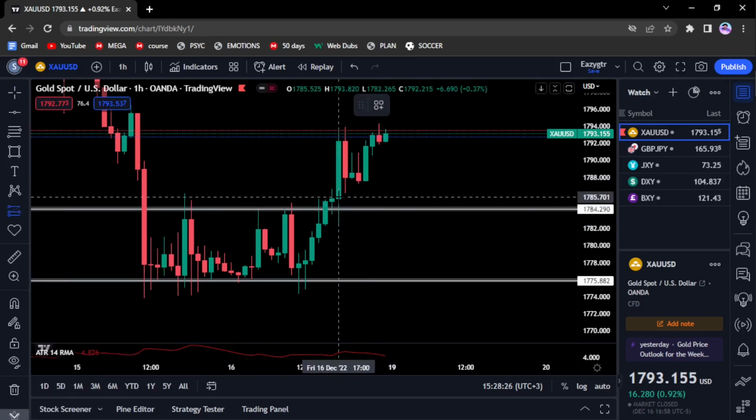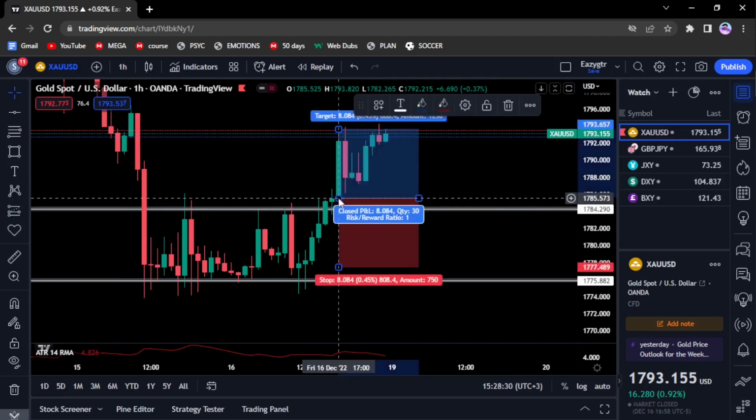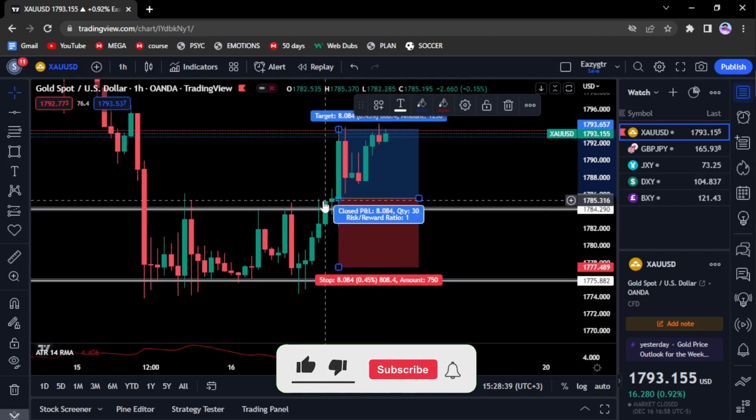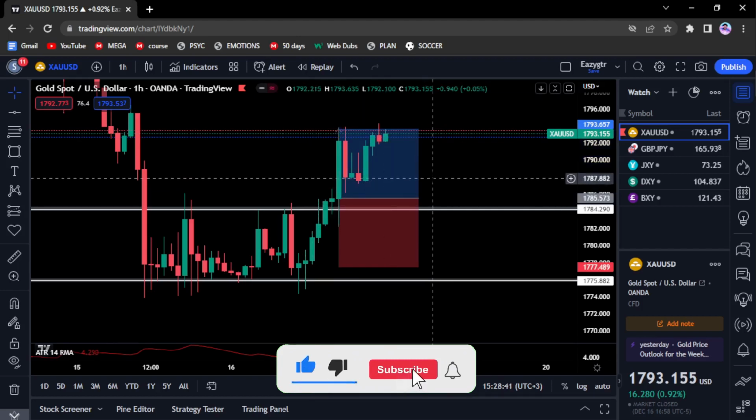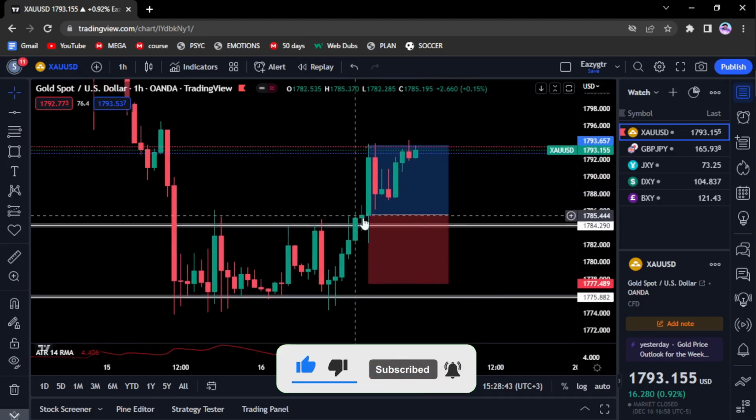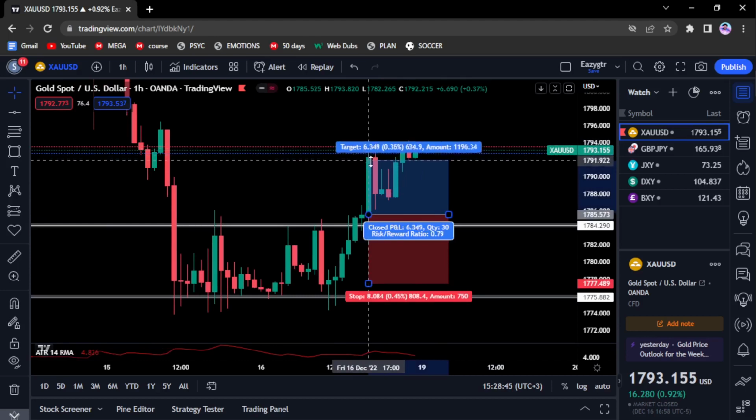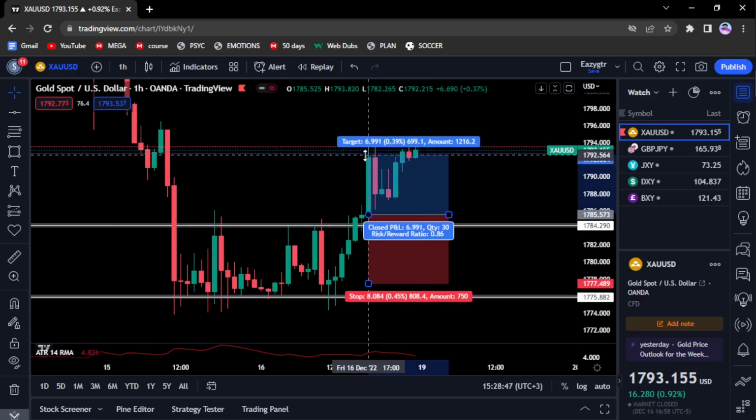So this is how you'd enter a closure above the resistance, and I'm giving you all these tips for free. This is how I enter. So once it closes above, I don't enter immediately. I wait for price to make a bottom wick. Then as it comes, I enter on the flip of the candle or the break of the previous high. So technically here I'd enter on the flip of this